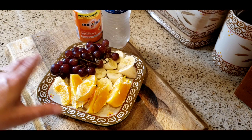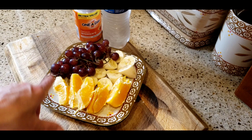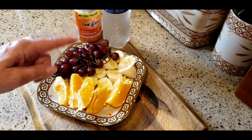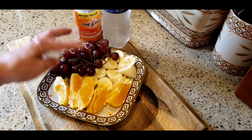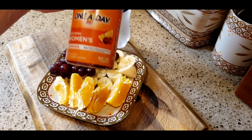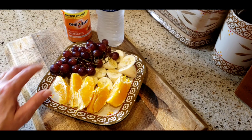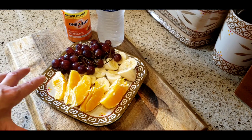So what I have here is just one small orange that I peeled. I have one small tiny banana, and about a cup of grapes. I have my One-A-Day women's gummies that I take every morning. I take one of those and my bottle of water because I don't drink tea or coffee. And that's basically all I'm having for